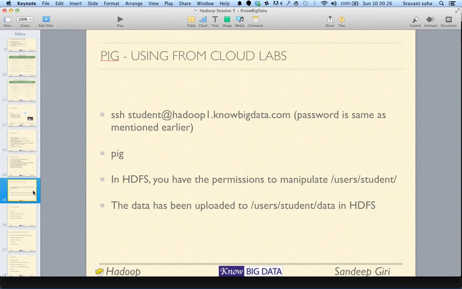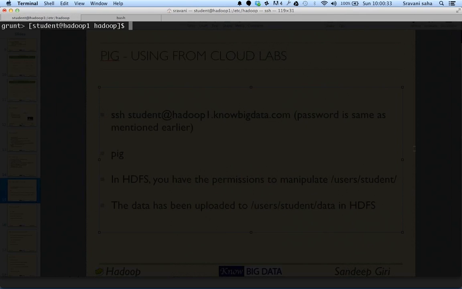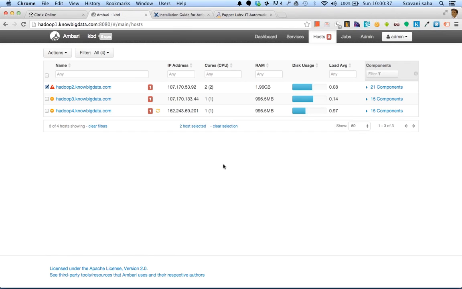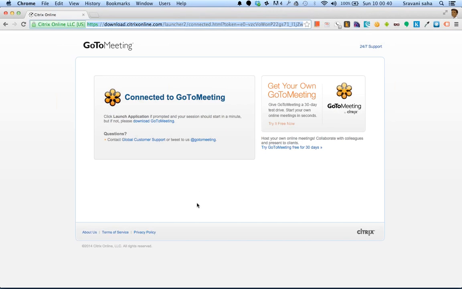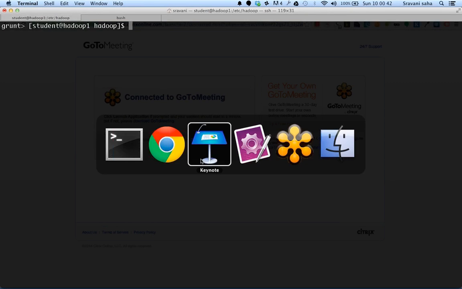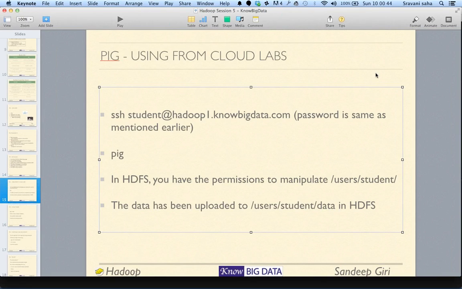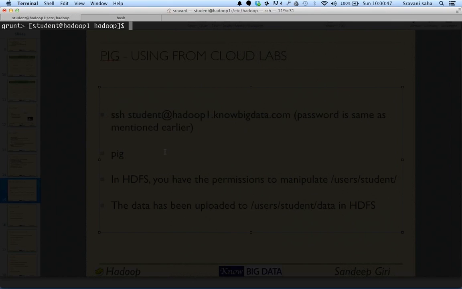All right. So yeah. So I'm taking a break for 10 minutes now, right? Let's take a break of 10 minutes. In the meantime, you should give it a try. You can SSH onto any nodes, right? You can SSH, say, here I'm trying to say ssh student at hadoop4.nobigdata.com,